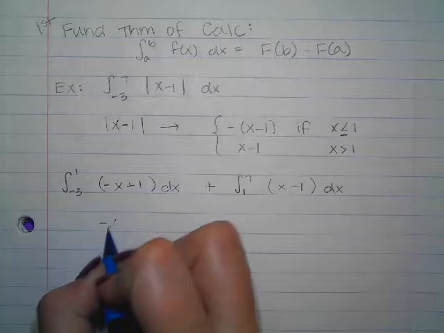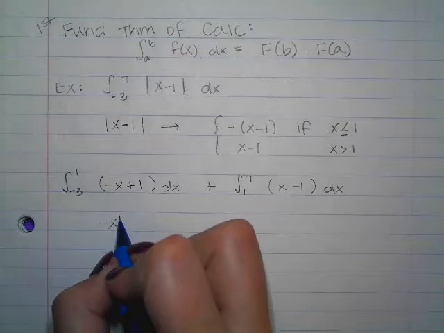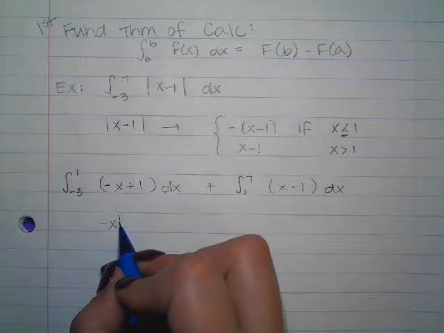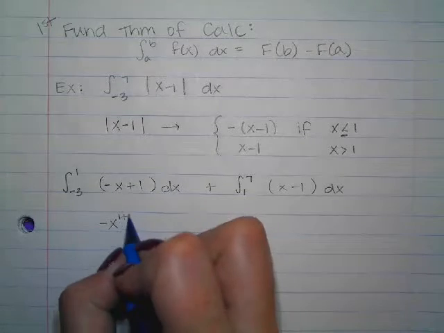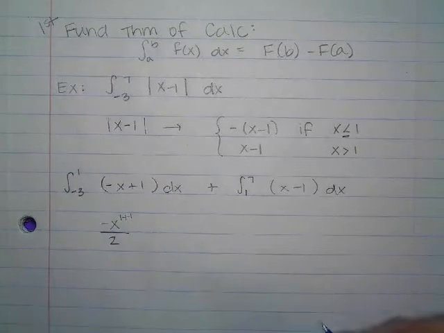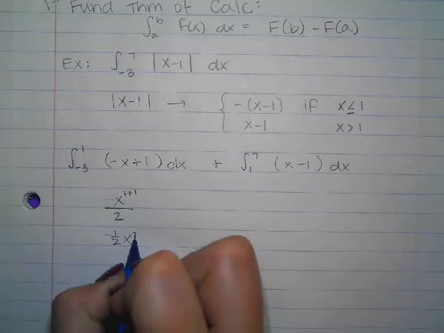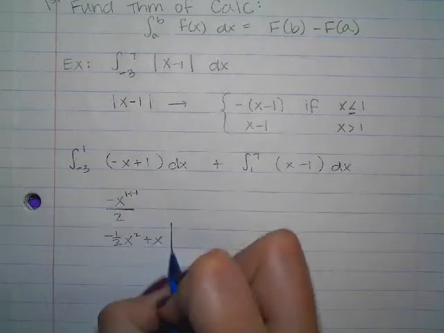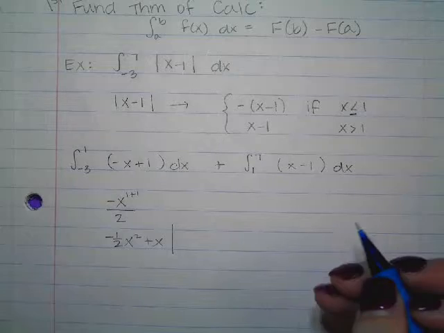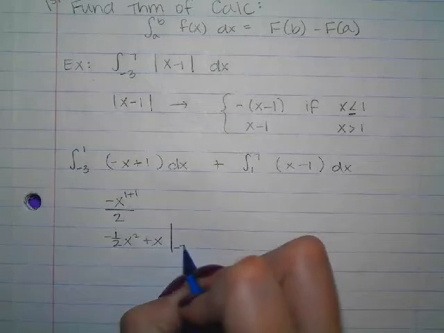I can show my work if I need to. So I've got negative x. It's a 1. It's to the 1 already. So I add 1 to the exponent, and then I divide by 2, right? So negative 1/2 x squared plus x. And this is going to be evaluated at